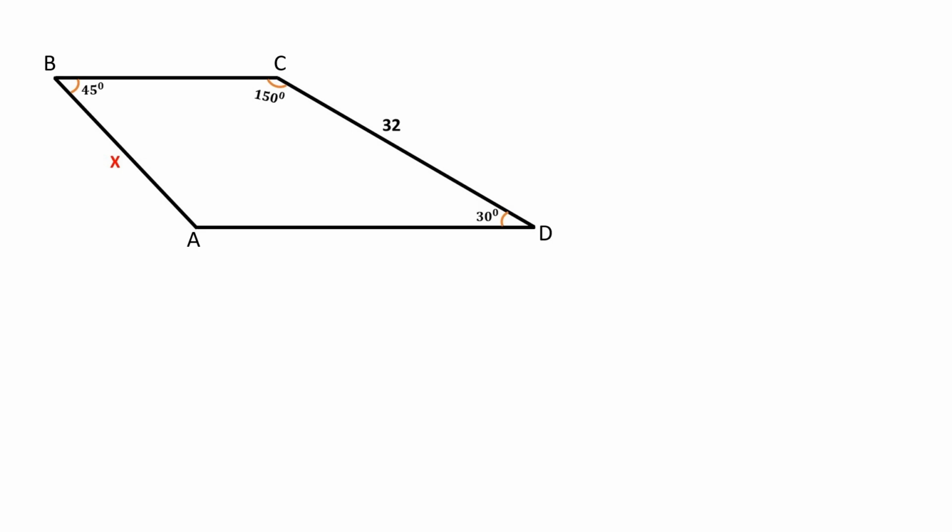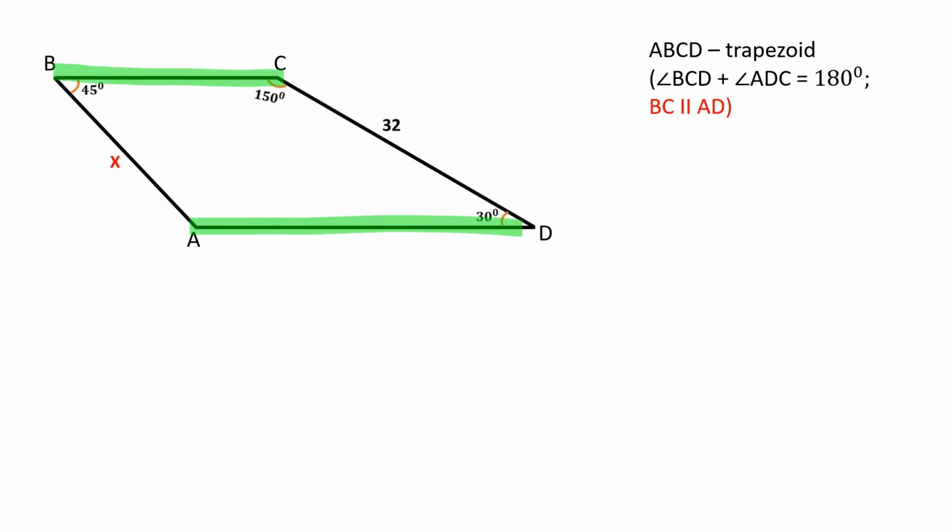Let's solve this problem. ABCD is a trapezoid. The sum of these two angles is equal to 180 degrees. Therefore, BC is parallel to AD. Let's draw the altitude from the angle C to the side AD and from the angle A to the side